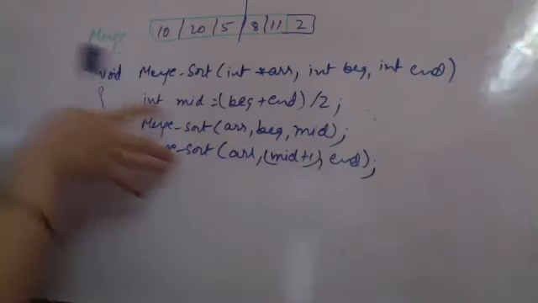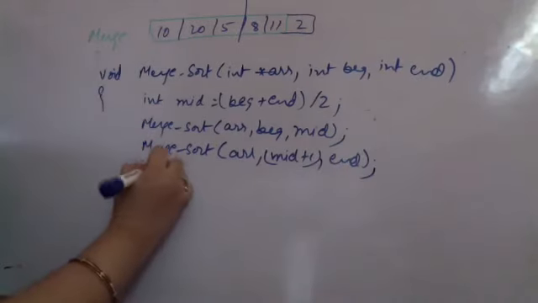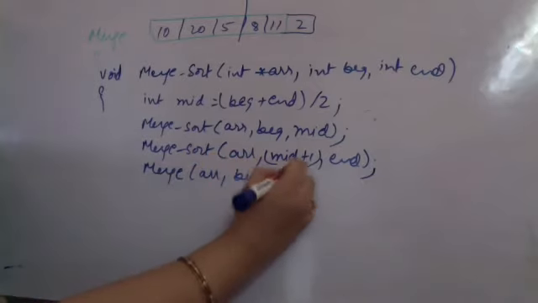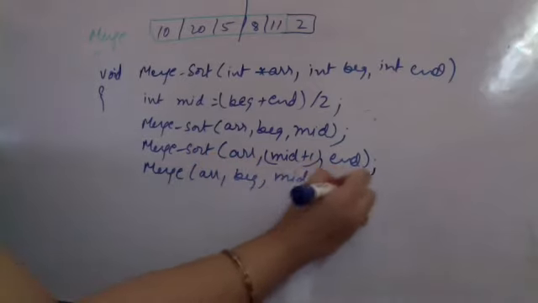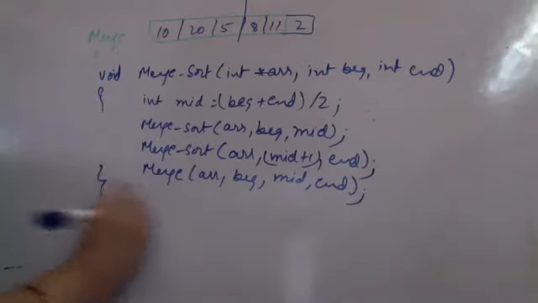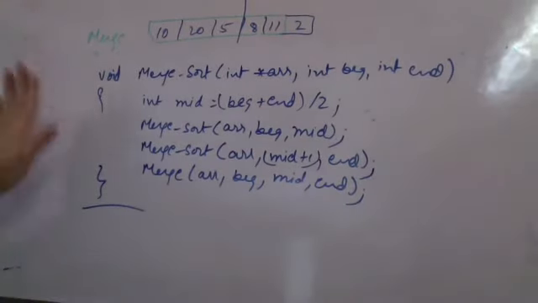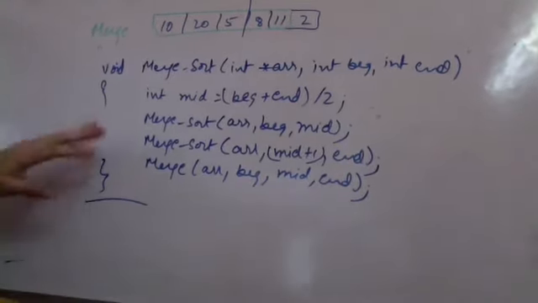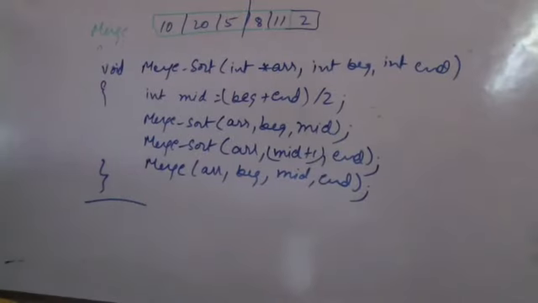When I have sorted the two of them, I will finally be calling the merge for the array from beginning, taking the middle and end. This is my entire merge sort procedure. That's it. Merge sorting done using recursion. But now we don't want recursion. We want to convert this into loops, into iteration. So what do we have to do?